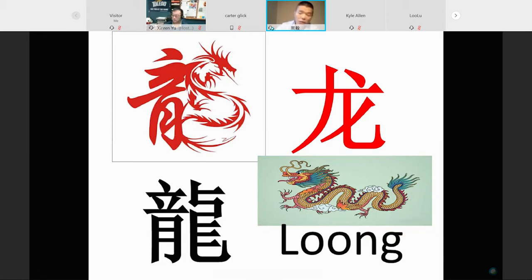And it doesn't look like a dragon at all. It's not dragon-like. Why? Because our government wanted more people to know how to write, how to read, and wanted to make the characters easier for us to understand. So the traditional one, the black one, is the traditional dragon. It's more traditional and it's more dragon-like. But the red one is not dragon-like, but it is the dragon we use today.